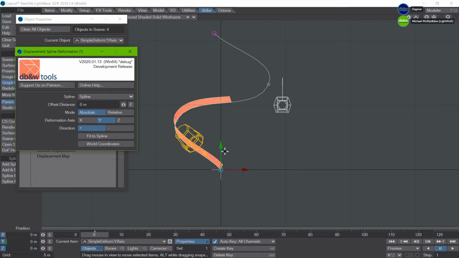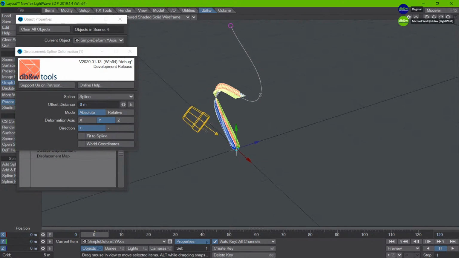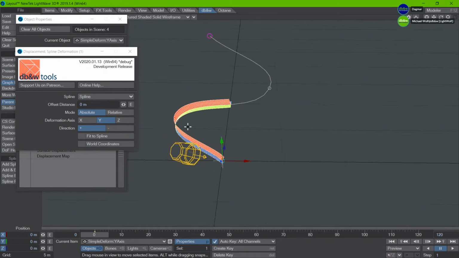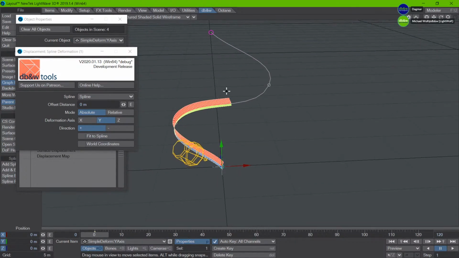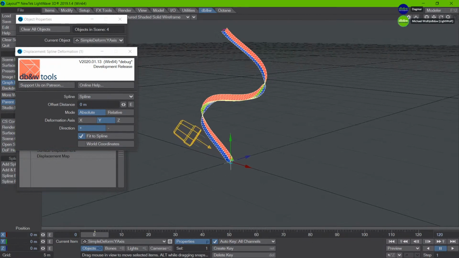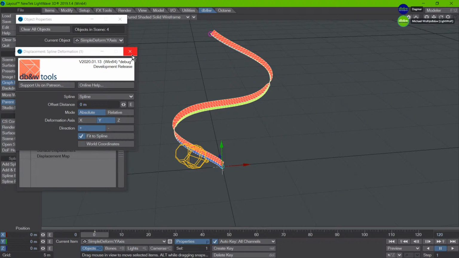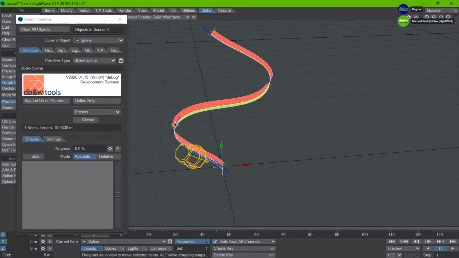And yeah, that's essentially how this thing works. As you can see here, actually, there's a bit of a twist. And that's because it does take the alignment along the axis into account. So let me just make a fit to spline so you can see that it actually twists here and it twists here. And that's because, and that's especially obvious in this case, the up vector, I'm going back to the